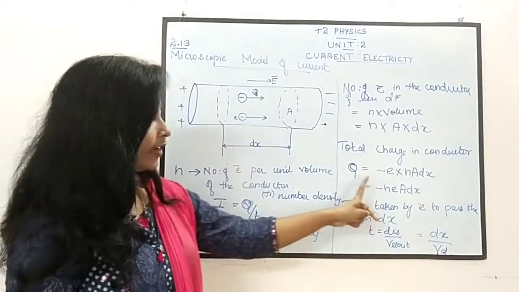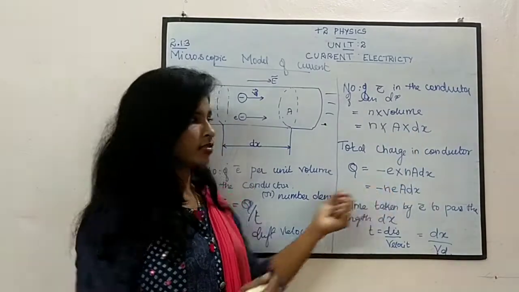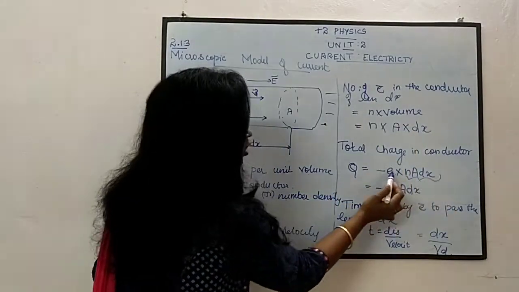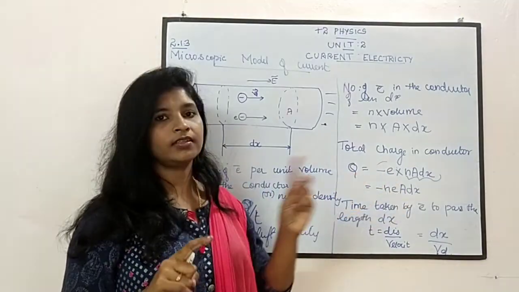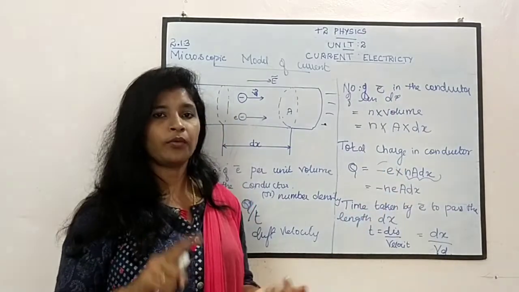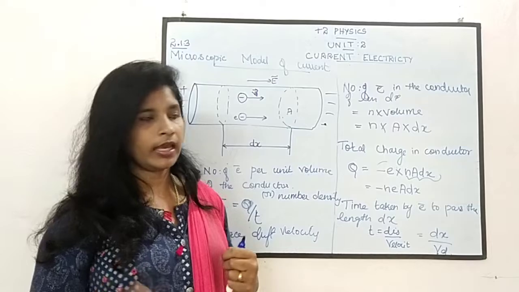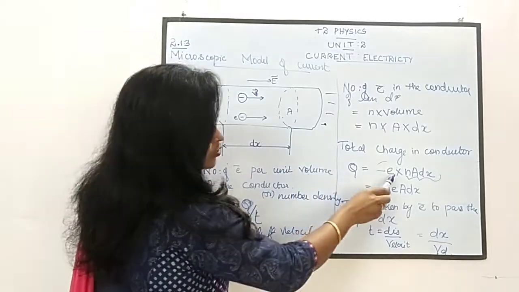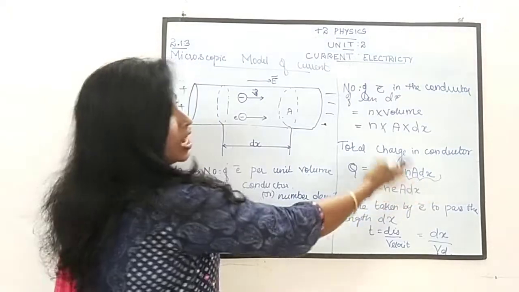Total charge in the conductor is equal to the number of electrons times the charge of one electron. So number of electrons into charge of one electron. ஒரு எலக்ட்ரானுக்கு -e அதுதான் charge அப்படினா இவ்ளோ number of electrons க்கு எவ்வளவு charge. புரியுதா? ஒரு பென்னோட விலை 5 ரூபாய் அப்படினா 50 பென்னோட விலை எவ்வளவு? ஓகே. சோ ஒரு எலக்ட்ரானோட charge வந்து -e அப்படினா இவ்ளோ number of electrons ஓட charge எவ்வளவா இருக்கும்?